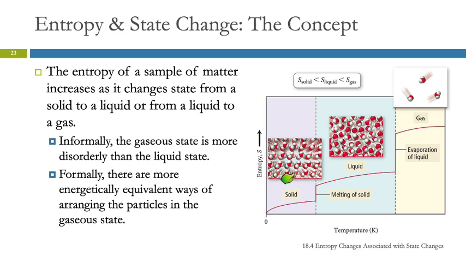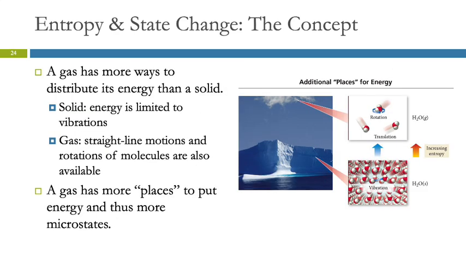When ice melts into a liquid, now the particles can move around. We have more possible microstates, right? Like lab. Yeah, that's like lab. So lecture is the solid state of students, and lab is the liquid state of students, and the gas is when class is over, and everybody effuses out the door, and it goes their separate ways. That's why it takes so much energy to get everybody back in here concentrated, right?